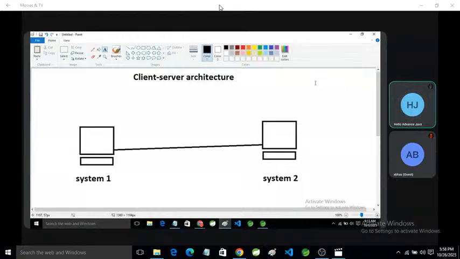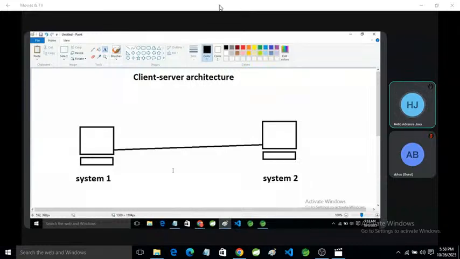If you install a client software in system one, system one will work as a client machine. If we install a client software in system two, system two will work as a client. Mainly, totally, we work on software. Whichever software we install in a system, that system will work as a client or server.